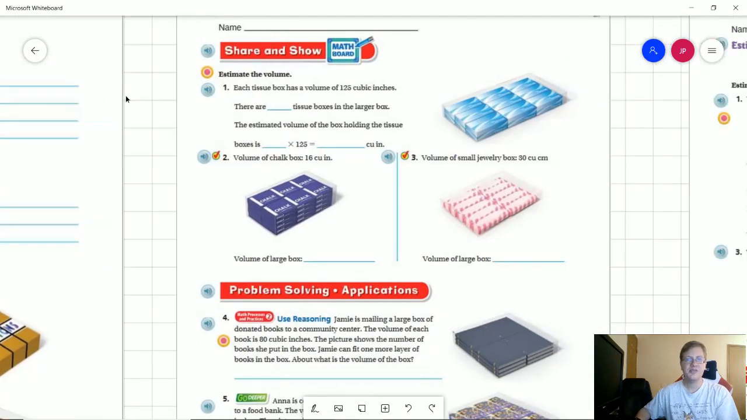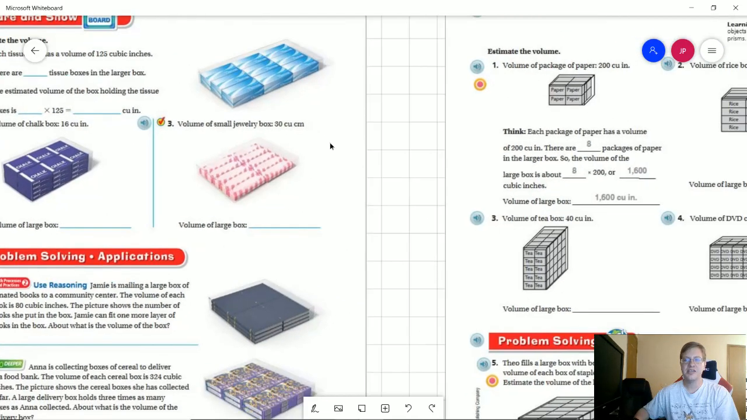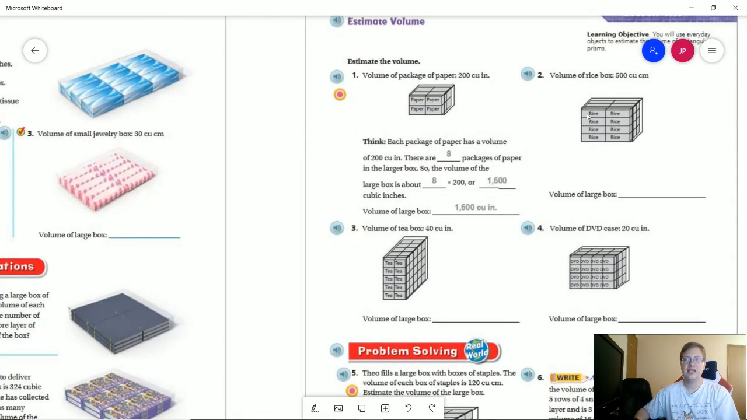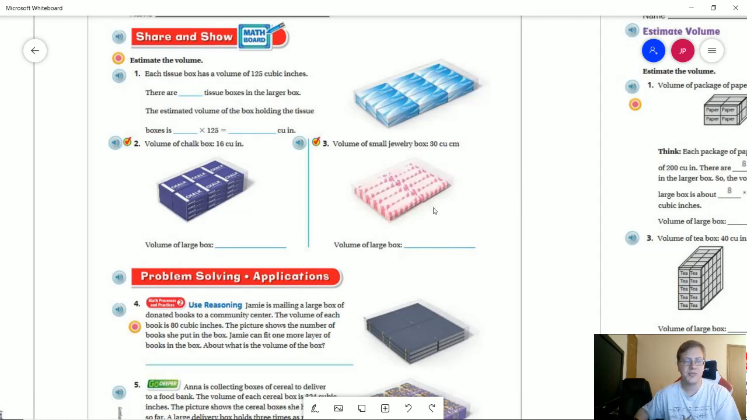So as we move on to the share and show problems, we're going to be doing a couple different things. One of the things that we're going to be doing as we move into the homework is just going ahead and taking count of how many boxes we potentially have of different things. The first few problems here are going to be a little bit easier to figure out. So if we are going to take 125 cubic inches for number 1,